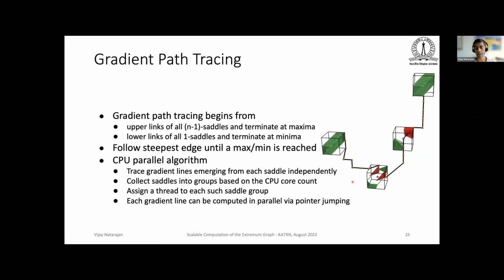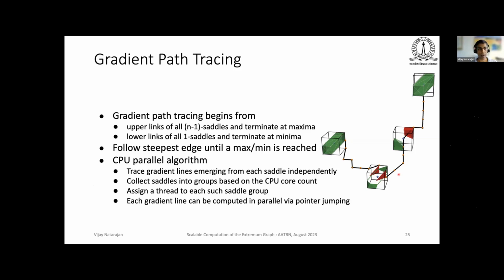So next, we compute the gradient paths beginning from all the critical points. For example, here we have a two saddle. The two saddle has two components of upper link, which are shown in red here, and the lower link has a single component. Gradient paths originate from each component of the upper link. So there's one that begins from here and another that begins from here. And these paths are traced till they terminate at a